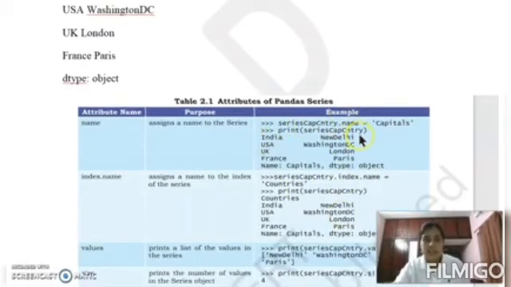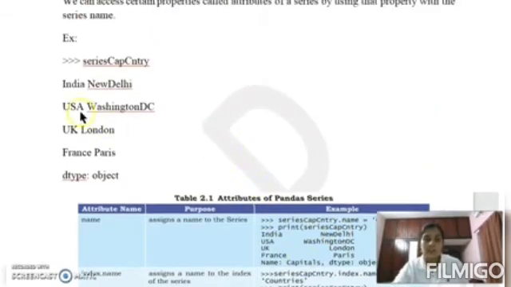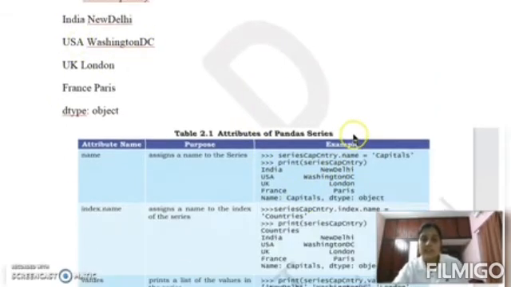By using this example, I can explain: cap_country.name, because name is the attribute. Name equal to capitals. So capitals is the name of this Series. We created a Series, and the name of that Series became capitals. Then print cap_country, what will be the output? India, New Delhi, USA, Washington, and so on. So this is the output.